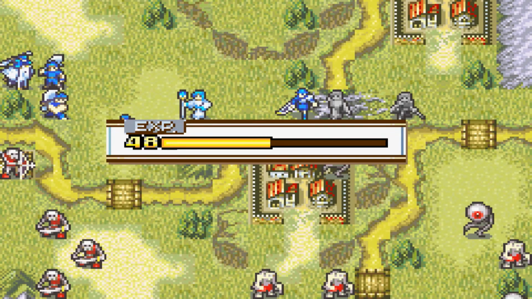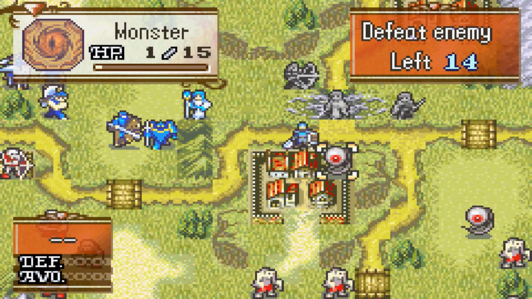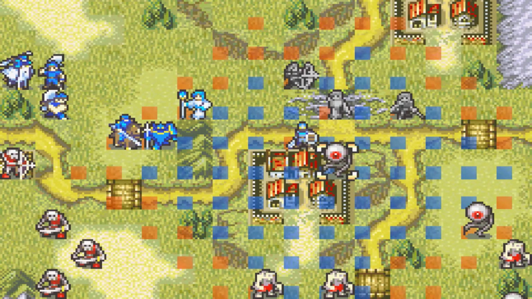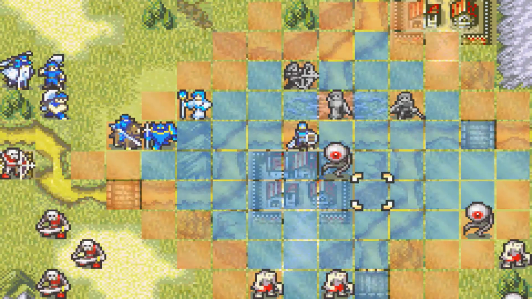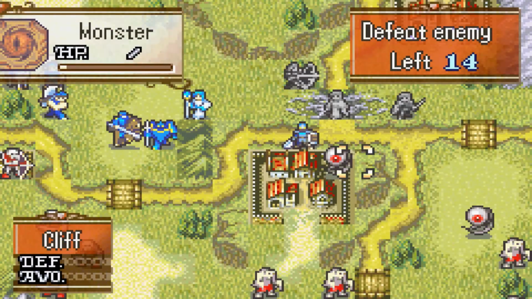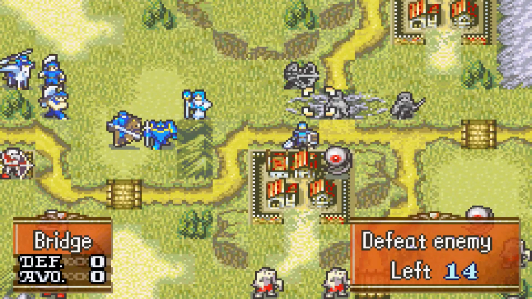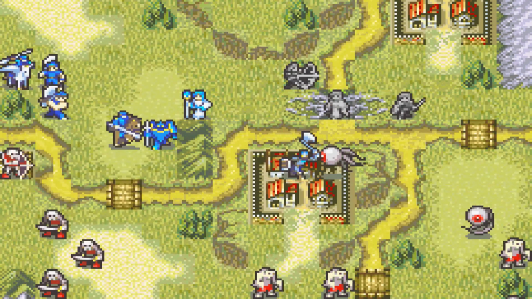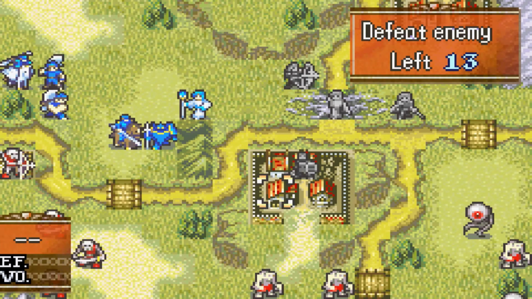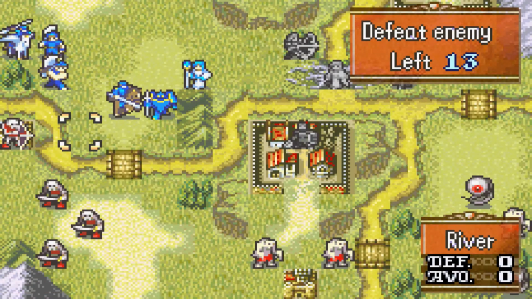The placement of this eye is pretty interesting because it will present the player with a situation where they're not able to attack the opponent and they need to lure them away from this position, since this position is utmost favorable for the enemy, seeing as they are on a position that you cannot counterattack with only 2 range. Let's kill this mogul. With our Phantom, we can actually have the Phantom visit the village, but then he will steal an iron axe, and he already has one, so let's not do that.